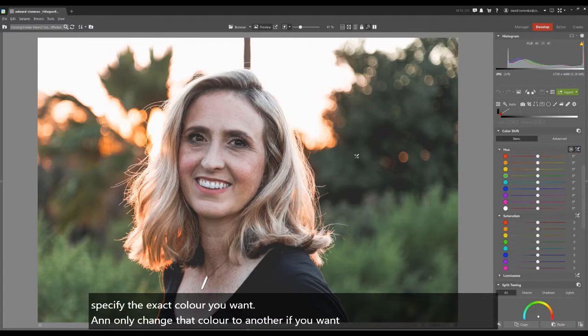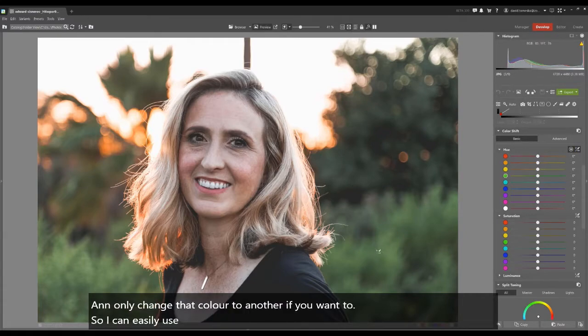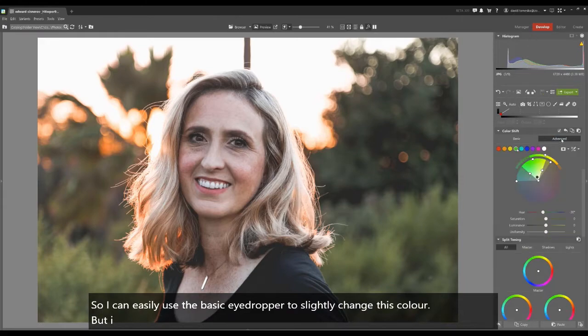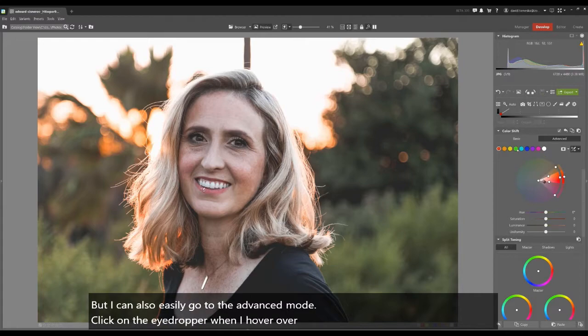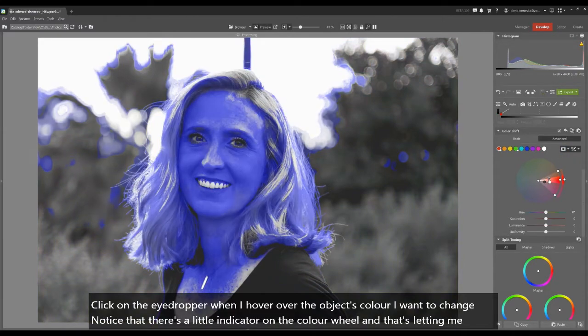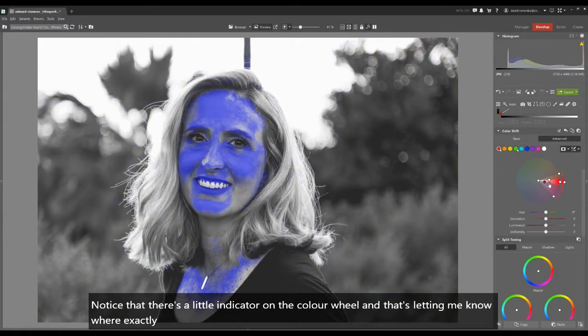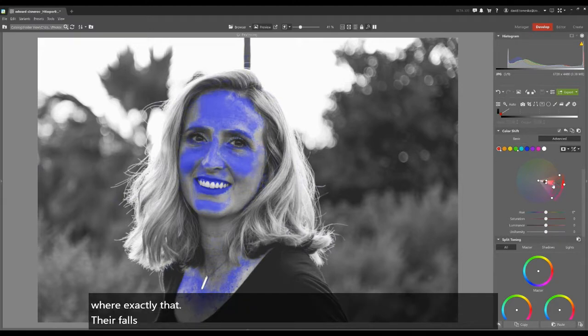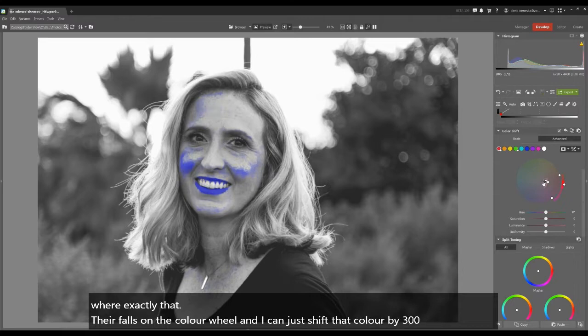So I can easily use the basic eyedropper to slightly change this color, but I can also easily go to the advanced mode and click on the eyedropper. When I hover over the object's color I want to change, notice that there's a little indicator on the color wheel, and that's letting me know where exactly that color falls on the color wheel. And I can just shift that color by 360 degrees without affecting anything else